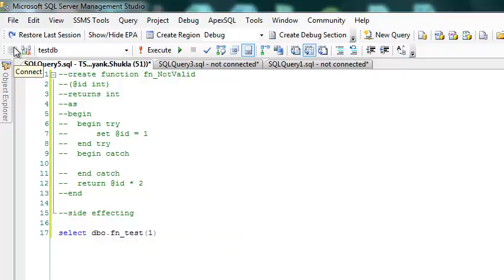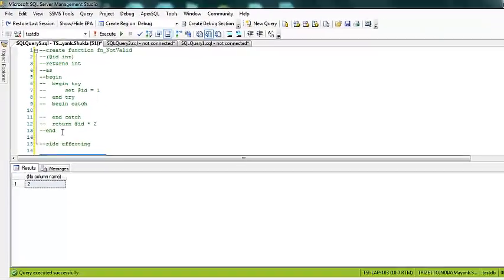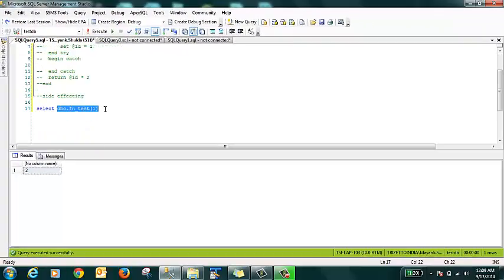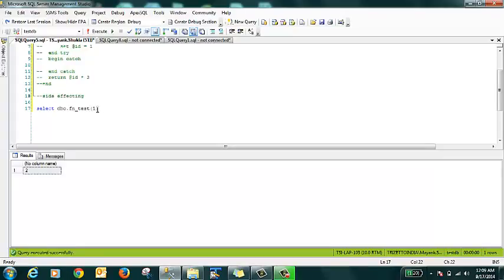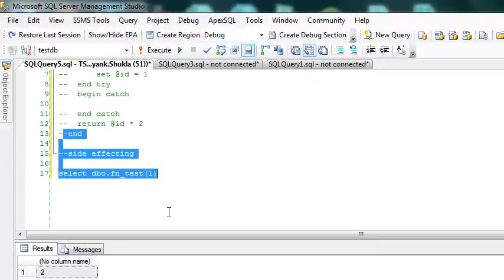This function accepts one parameter and returns me some value. I'm using this function within a select clause, or it may be a from clause in a table valued function. What I'm expecting is that it will give me some value out, but I'm not expecting that this function will affect this session as a whole, right?